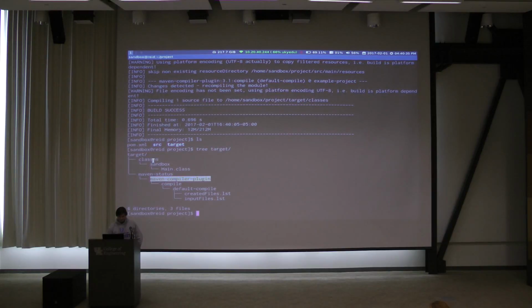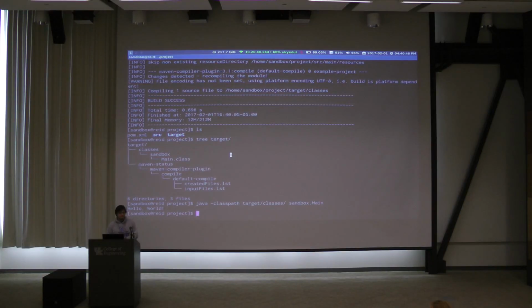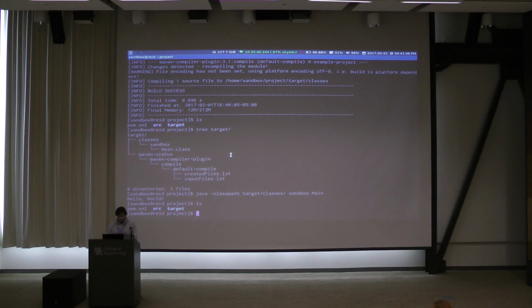Okay, so if you actually want to run it now, you can. We can do java -classpath target/classes and then the name, and cool. So, very easy. Okay, so what is our next step going to be? How about we want to make a jar? Now, in this particular case, there's only one class, so it's kind of redundant, but if you have a bunch of these, you probably would put them in a jar file. It's a Java package.